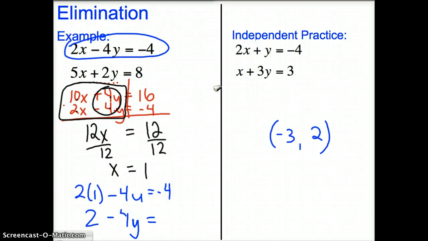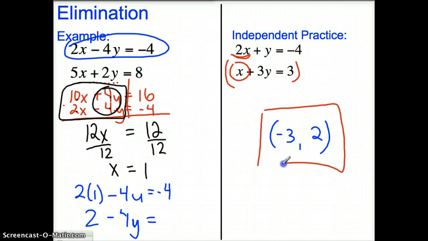So think about what you want to eliminate, and remember, if we try to eliminate x's here, what would this x have to be? Think about that, and that's what you multiply by. This is the solution that you should get when you're done. If you get stuck, ask your teacher. If you get the wrong answer, get some